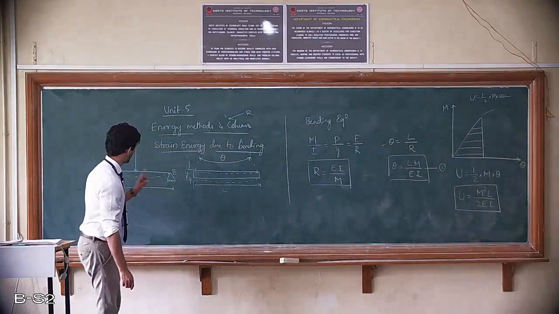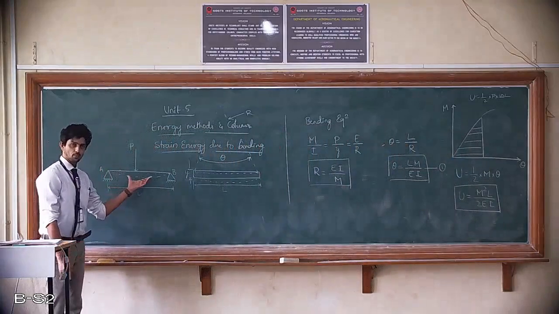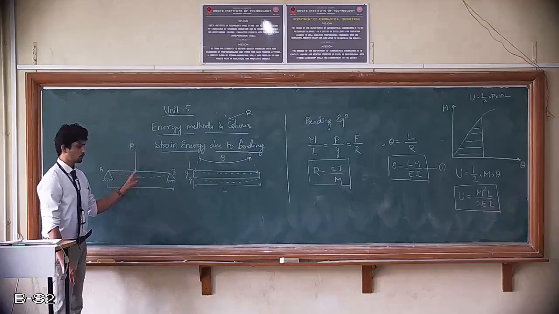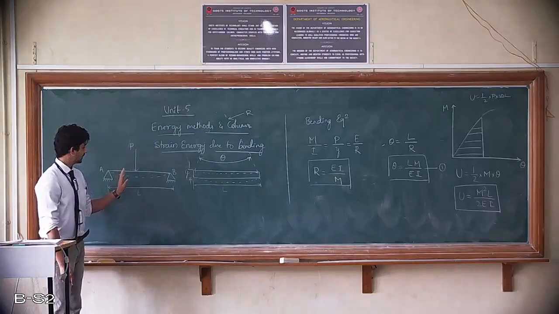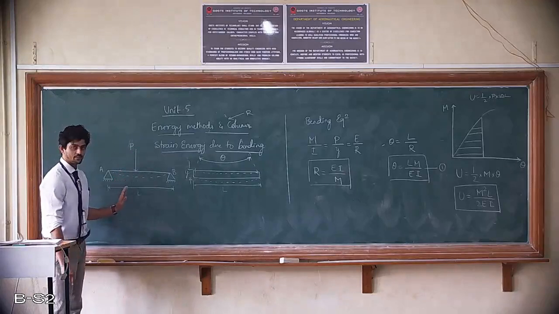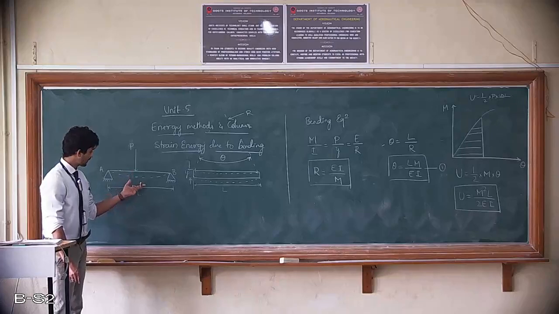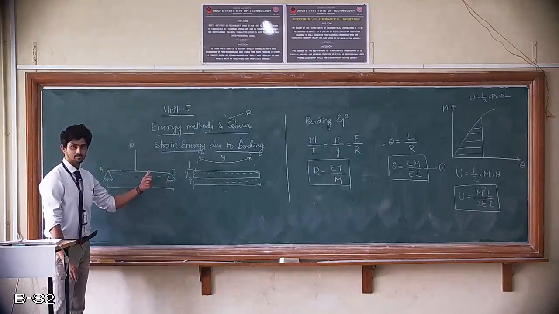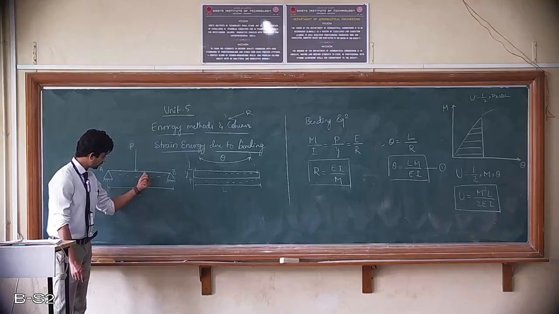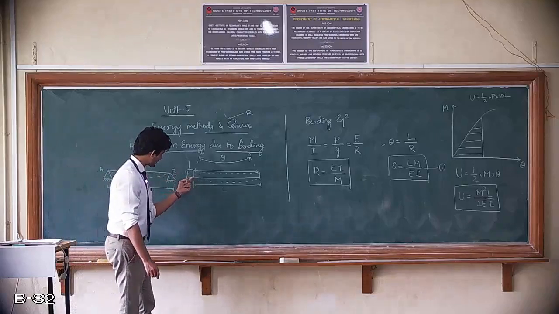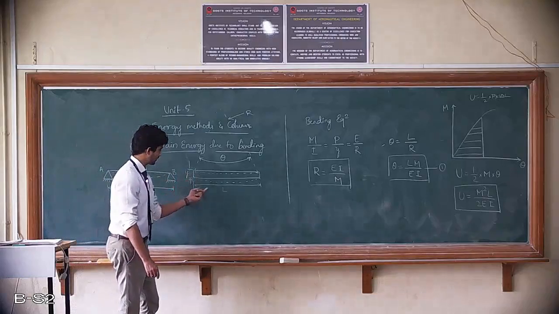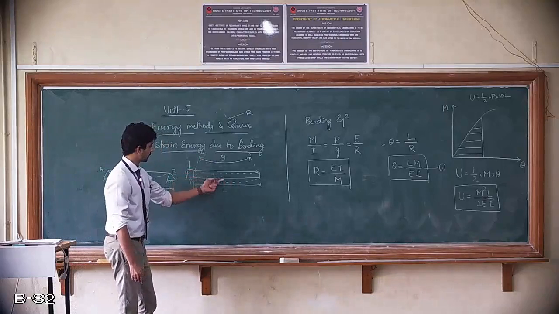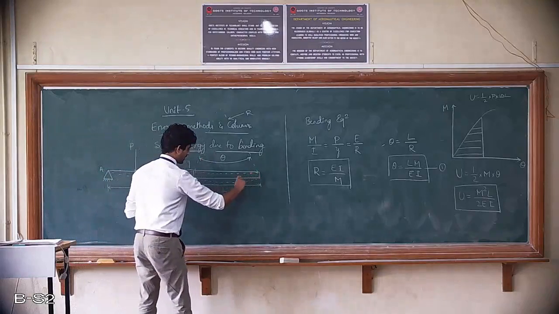Let us try to understand. We have a simply supported beam and we have considered only a point load at the center. Now the beam has a certain length L. When this point load is acting at the center, the deflection is going to be maximum at the center. We are going to draw the deflection in this discontinuous line. If you look at this line, which is a beam in two dimensions, which has certain width and length, then due to application of a load, it is going to bend, shown in discontinuous lines here.